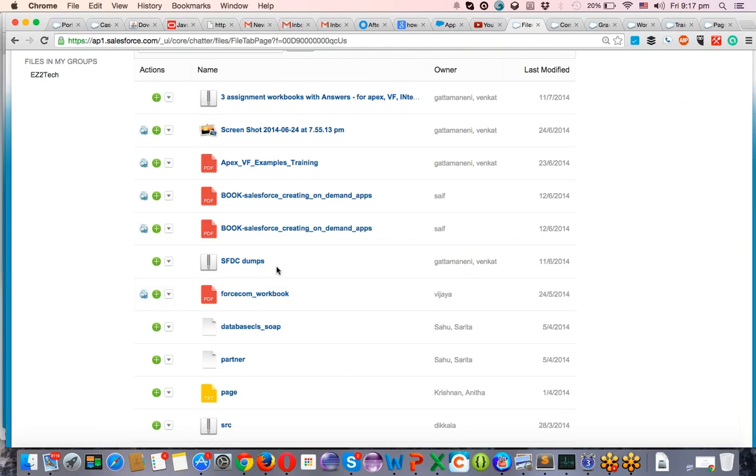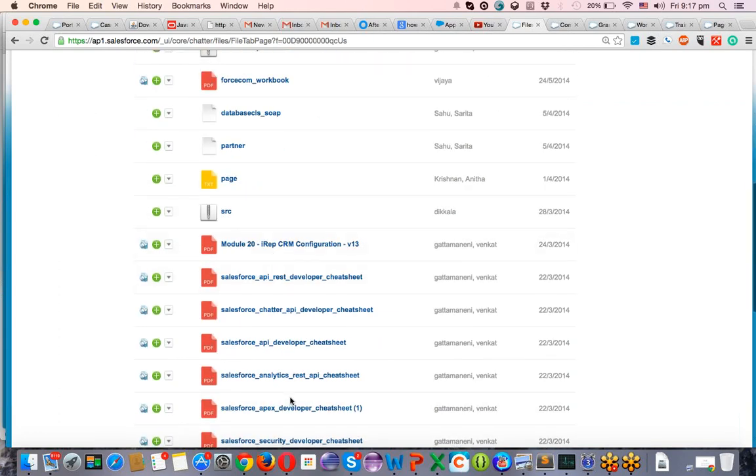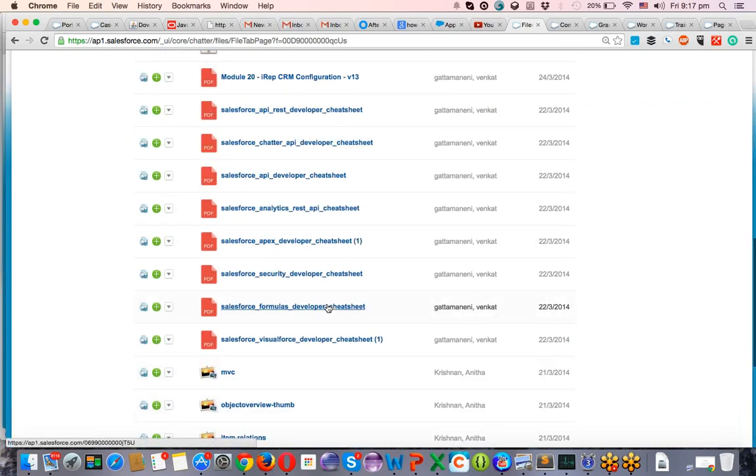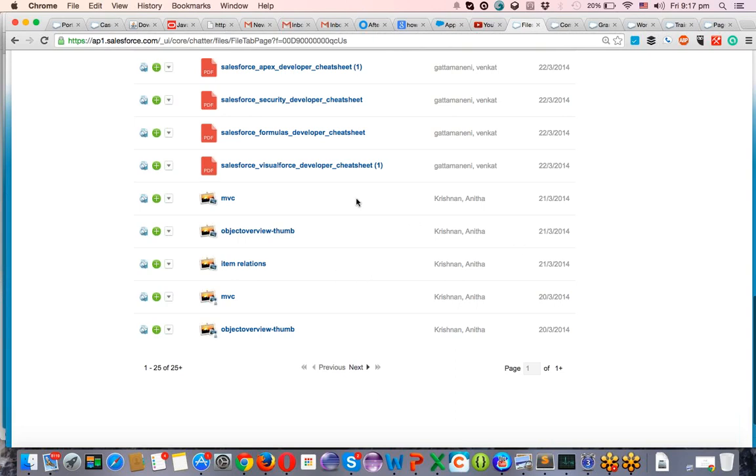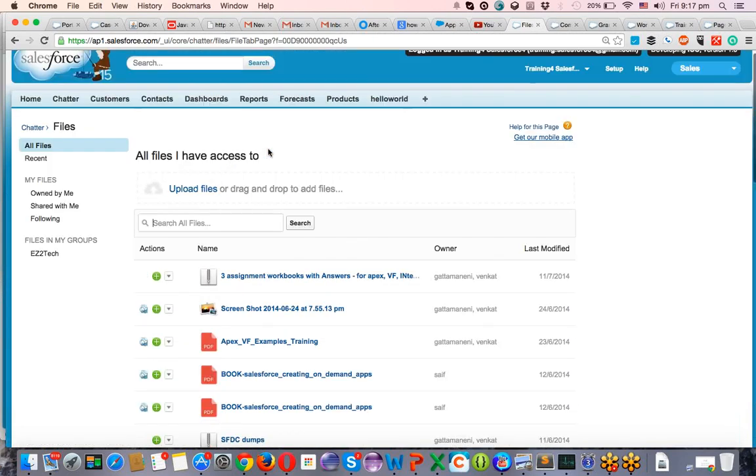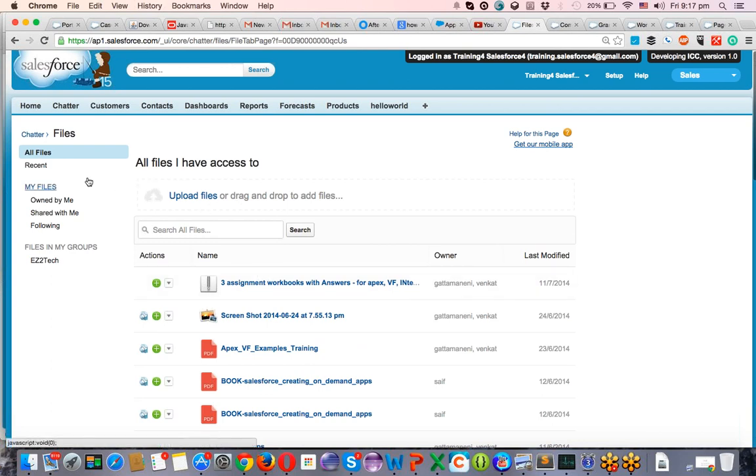These are all the files, the resources, the cheat sheets of Salesforce. From the data you can download at any point of time whenever you need it. And if you have any questions, you can even post the things on the Charter page, as you have access to it. Apex and VS coding examples, everything is here. This is only simple resources in Charter.